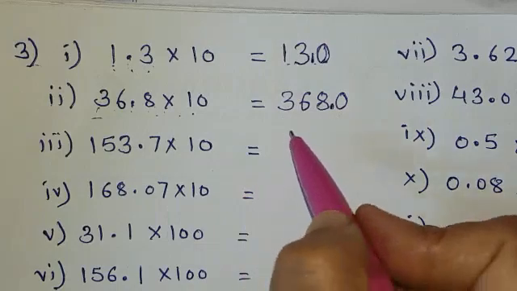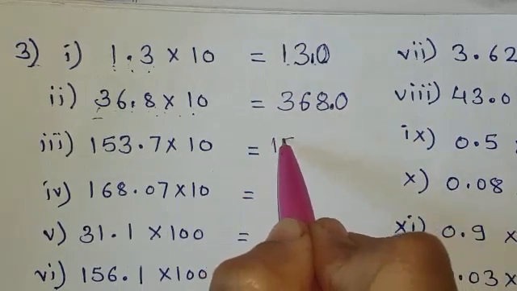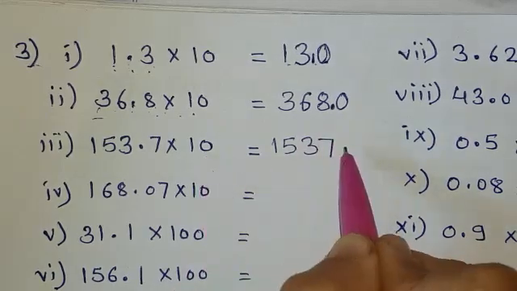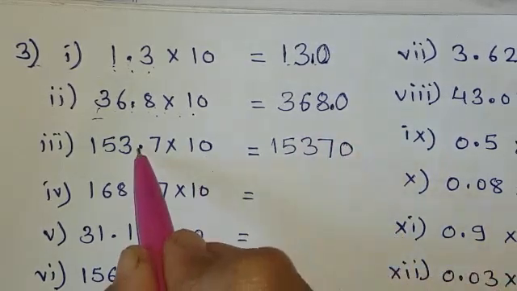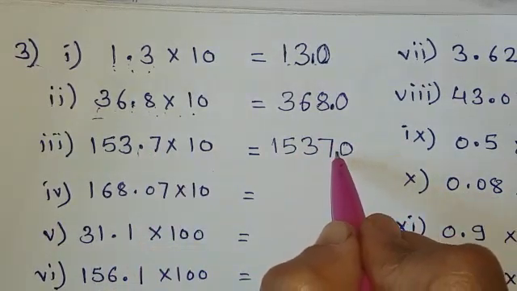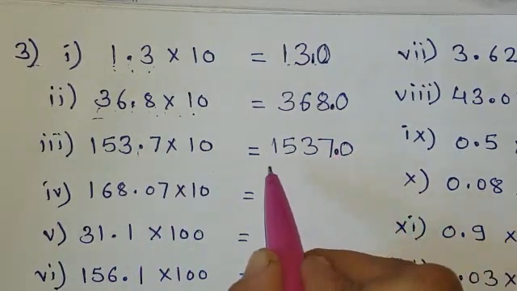Let's move towards the next one. I will write 1537 as it is and one 0 of 10. After the point there is only one digit. So from the right side I will leave the one digit and give the point. So my answer is